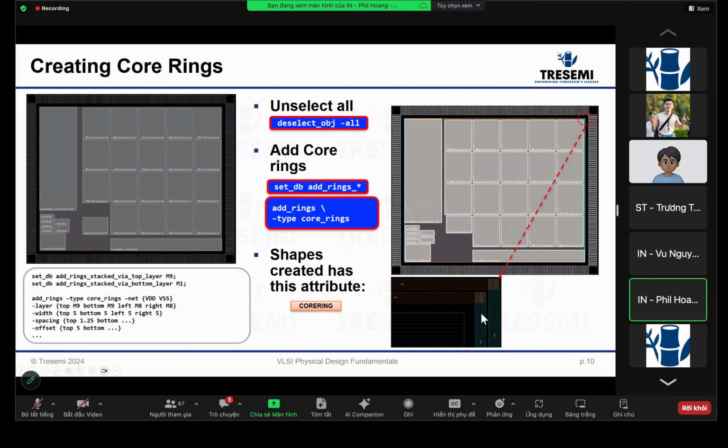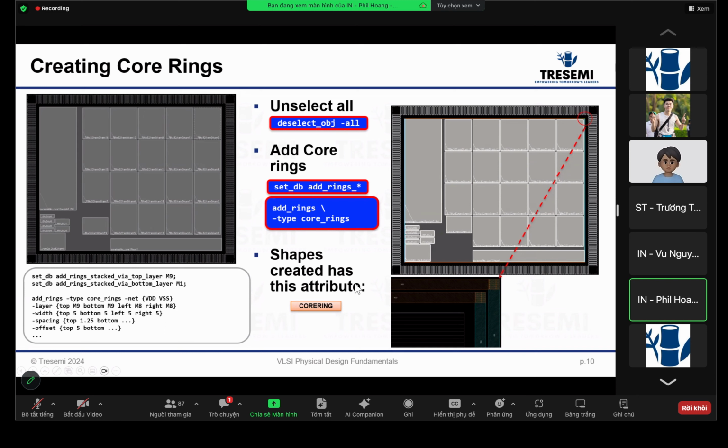So this is the creation of the core rings, and this shape will be given an attribute. It's called core ring. The attribute is used by the physical router for different purposes. Basically, usually there's a physical shape and there's an attribute attached to that shape. So in this case, it's called core ring, and that's for the core. And for the macro it's similar, but now you have to select the blocks, meaning